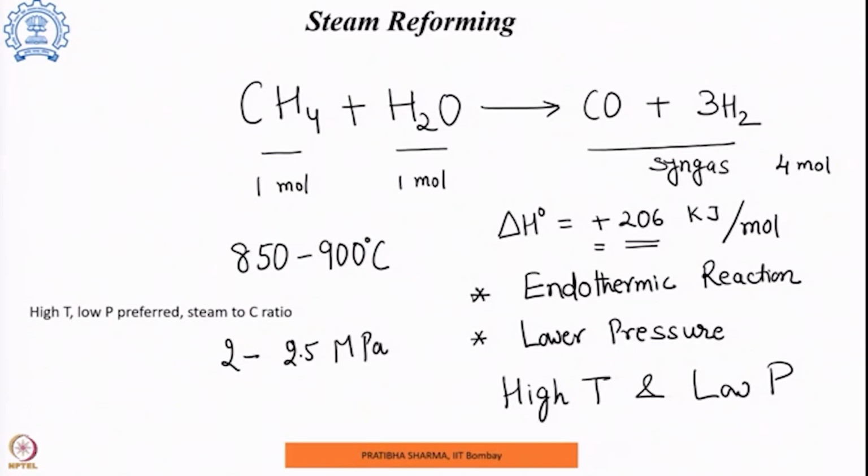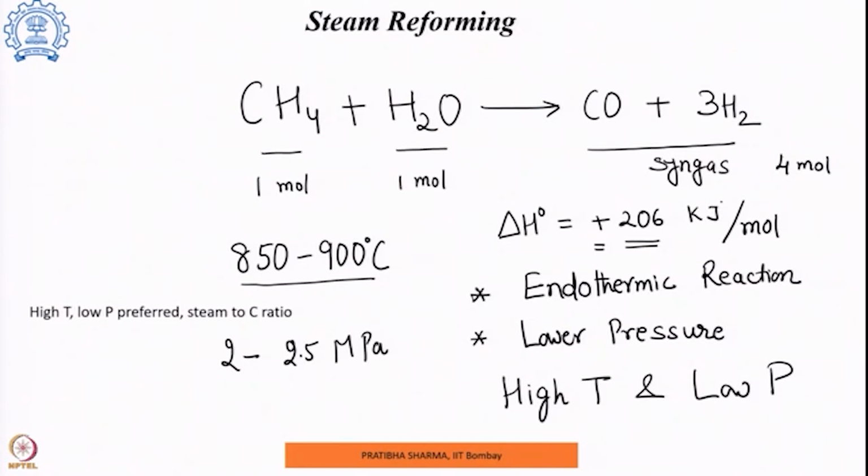Reformers, they operate in this particular region. Now, this high temperature poses certain constraints. One is the reformer metallurgical constraint for the reformer tubes, it should be stable under these high temperature and pressure conditions. So, these are to be made up of special material, but in actual practice this reaction